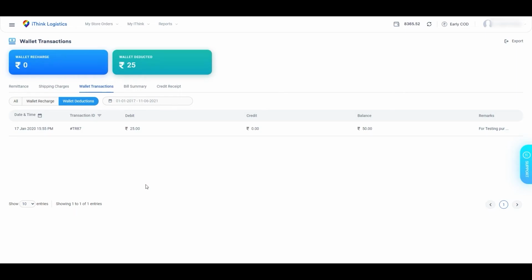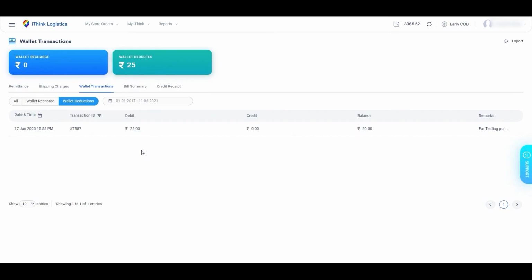If you want to filter data according to the transaction ID, then you have to choose the Transaction ID filter. As you click on Transaction ID, your screen will have a pop-up where you have to enter the Transaction ID. As you click on the Apply button, your screen will have filtered data. If you want to remove this particular filter, then you have to click on the Reset button. Now, you can view data as before applying the Transaction ID filter.